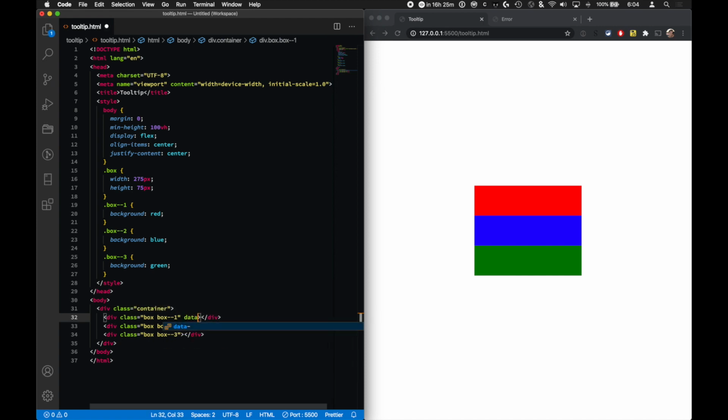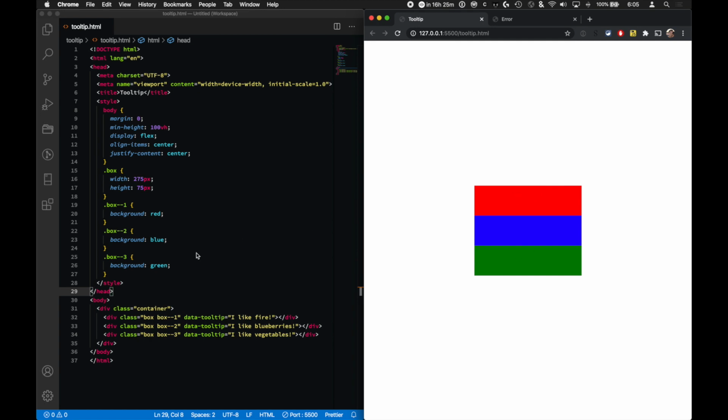So I'll go a data-tooltip, and the tooltip will equal to I like fire, and this one will be data tooltip of I like blueberries. And this last one will be a data tooltip of I like vegetables. Woohoo! Okay, so nothing's going to happen yet because we have no way of showing these, but there is